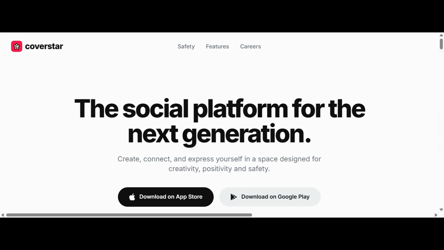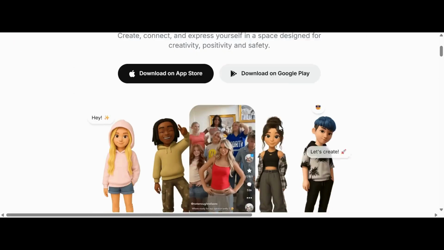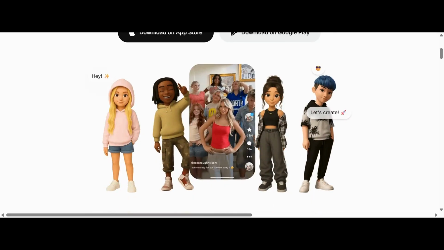How to make a Coverstar group in less than 3 minutes. Today I'm going to show you how to create a shared space on Coverstar so you and your friends can post together, interact privately, and keep content organized right away. If you want a controlled way to connect without posting everything publicly, this will walk you through what actually works